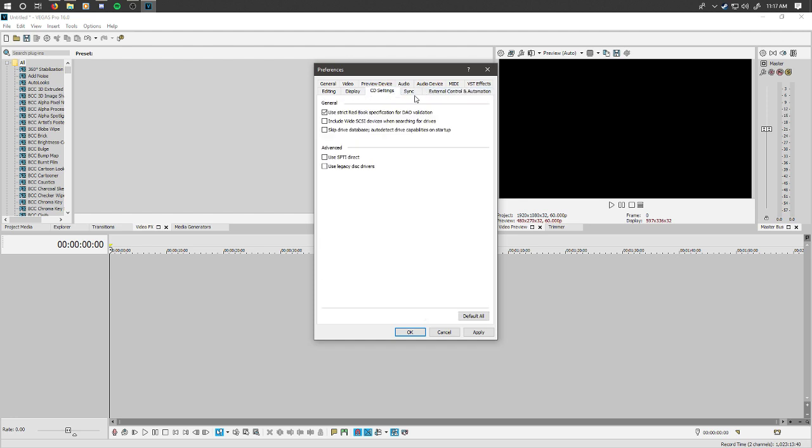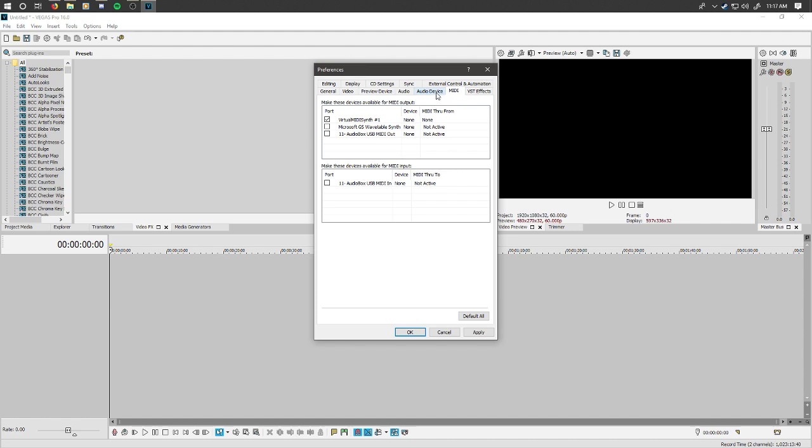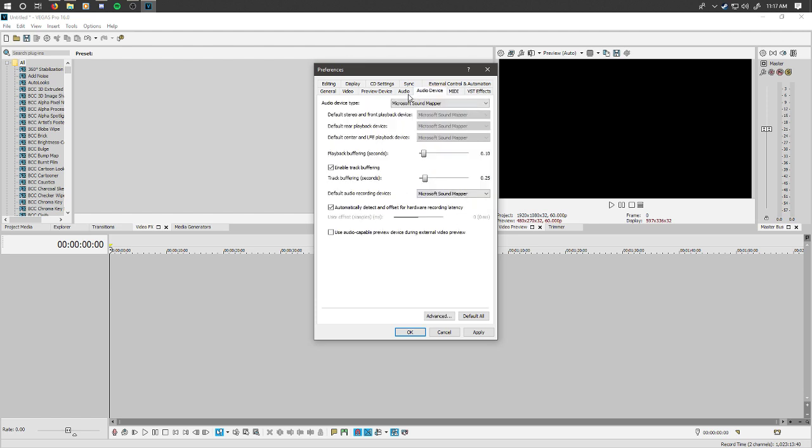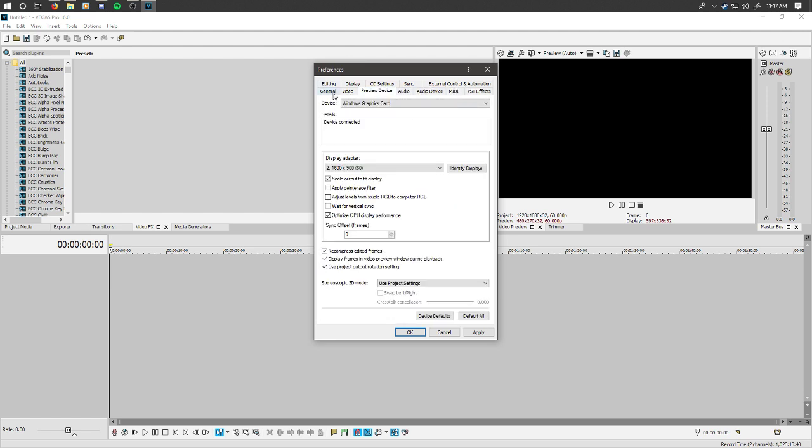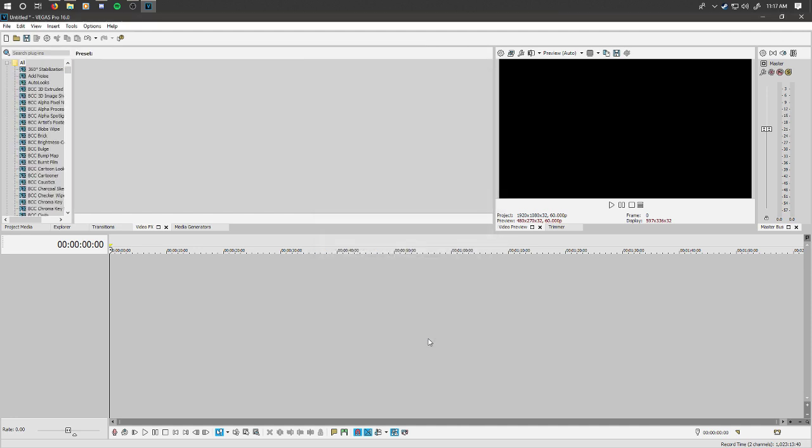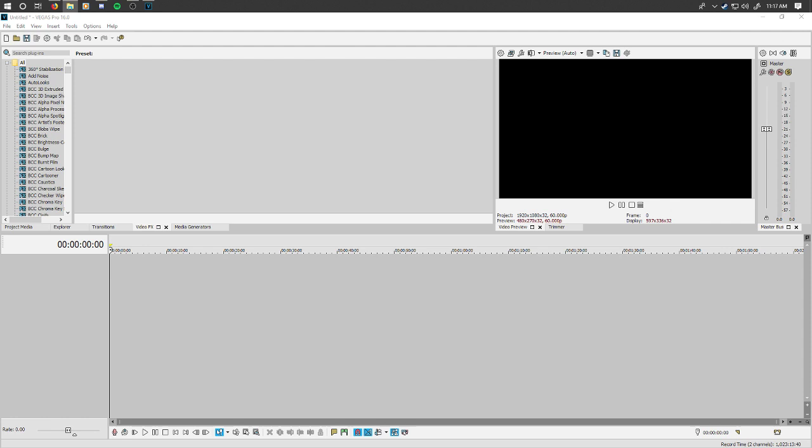How do you change the import links? Ah, yes, my MIDI, I mean. This thing is also used for audio, which I find really cool. Windows graphics card, 1600 by 900, so I can preview the video there. I'm gonna just apply that real quick. Hit OK. Now I'm just gonna take frames 0, 1, 2, 3, and 4. Drag them in. Vegas needs a little bit of time to process that I'm importing some footage here, but it will respond. Because I should be only using 5 frames.